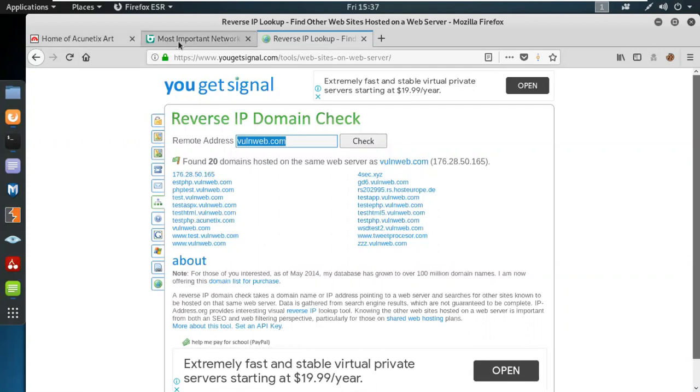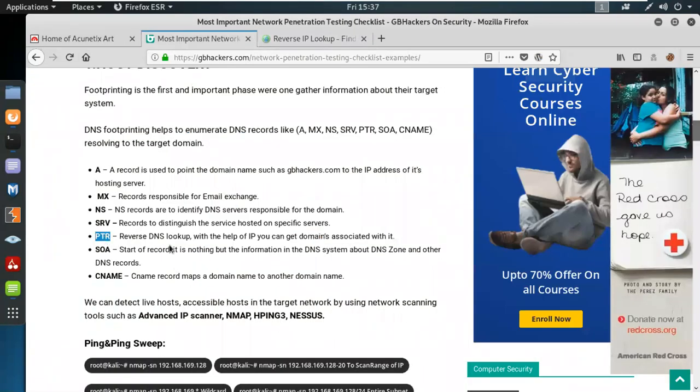But over here, as per the data, PTR was just a record of your IP address to a domain name server. Just like SOA, which I told you before, start of authority. Start of authority will tell you about the data of your current zone. Start of authority record is nothing but information of the DNS system about DNS zones and other DNS records. So for example, if I use SOA,